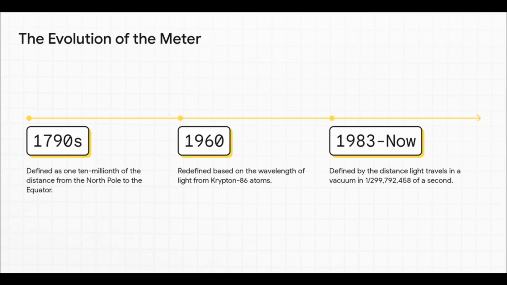The meter's evolution is the perfect example of this search for something better. We started with this grand idea: let's base it on the size of the Earth itself. A noble goal, but turns out measuring the planet isn't exactly a weekend project. So we moved to something much smaller, much more manageable: the very specific wavelength of light given off by a krypton-86 atom. Better, but still not perfect. The final leap, where we are today, was to tie it to a fundamental constant of the universe: the speed of light. It's beautiful, it's elegant, and it means anyone, anywhere in the cosmos with the right tech could figure out exactly what a meter is.